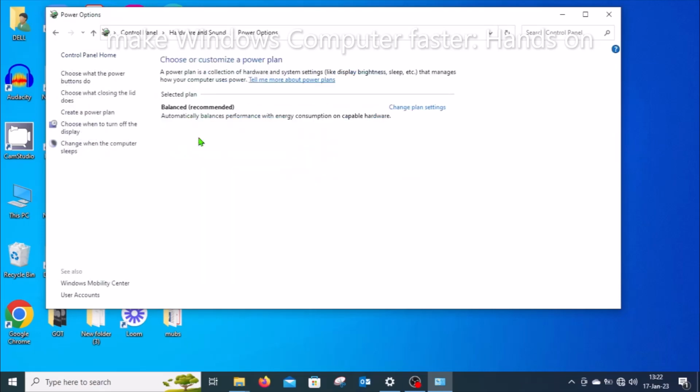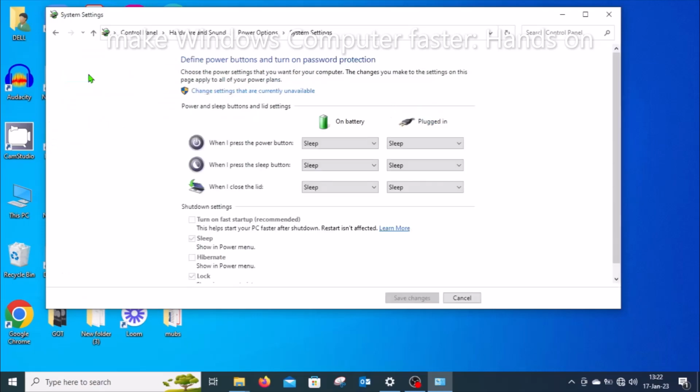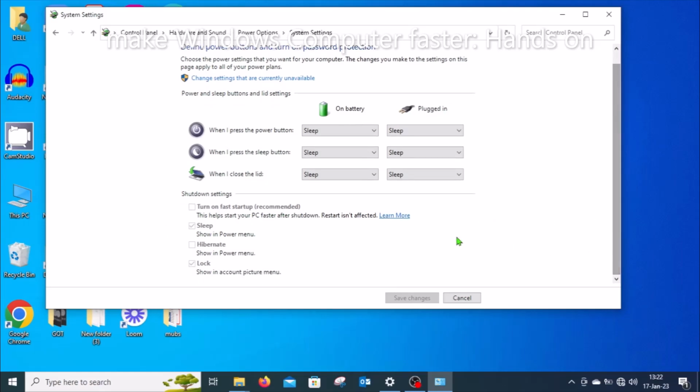In the information that pops up, look on the left for choose what the power buttons do. Click on choose what the power buttons do. We are interested to turn on fast startup. In situations like this where it's not clickable, it's not enabled, we need to look for something called change settings